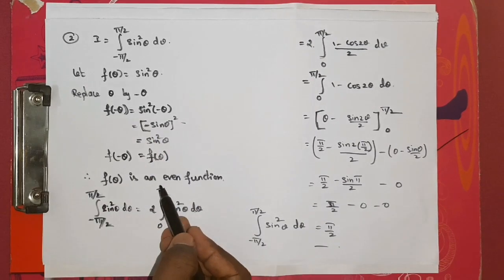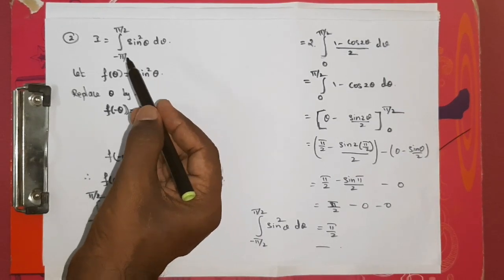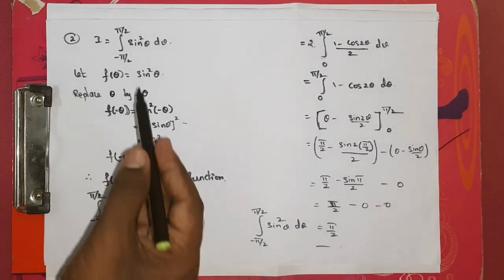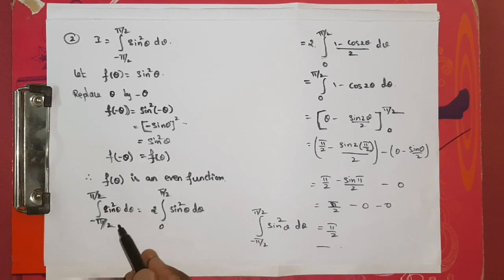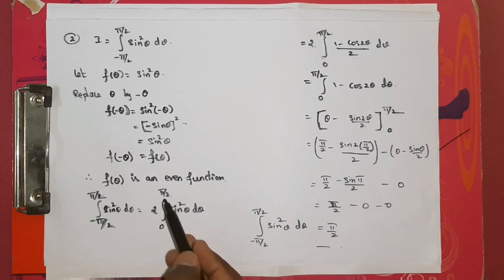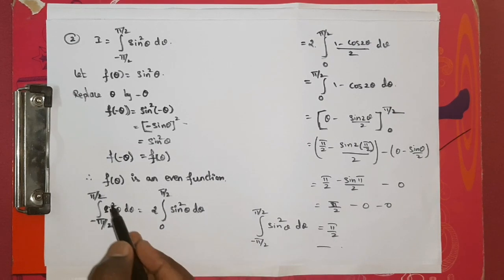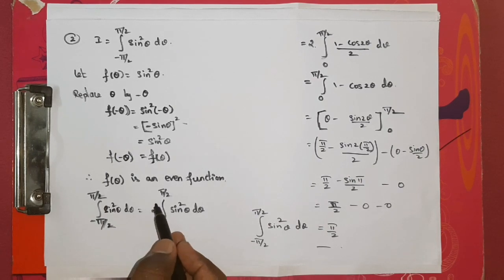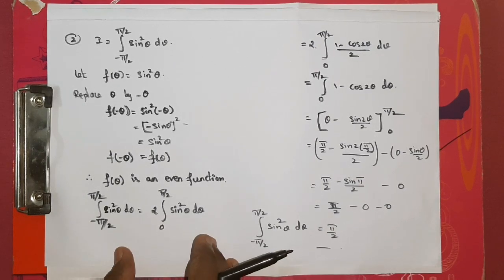So if it is even, this time in the integral we must make some changes. One, the lower limit we have to make it 0. So I made it 0, and in front of the integral we have to multiply by 2. So the given integral will be equal to 2 into integral 0 to pi by 2 sine square theta d theta. The inner part won't change, but the lower limit becomes 0, and in front of the integral you multiply 2, right? I hope you understand this part.